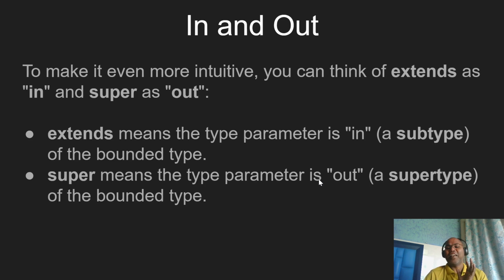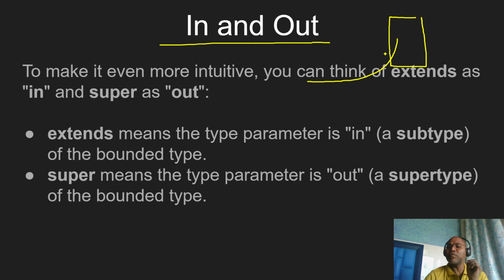Another way you can also visualize this principle, producer and consumer, is in this way: in and out. So what do I mean? Whenever you are writing any class, producer means they are producing some value, right? A consumer means consuming some value. So similarly, in value and out value. You can also visualize it this way, in and out as well.